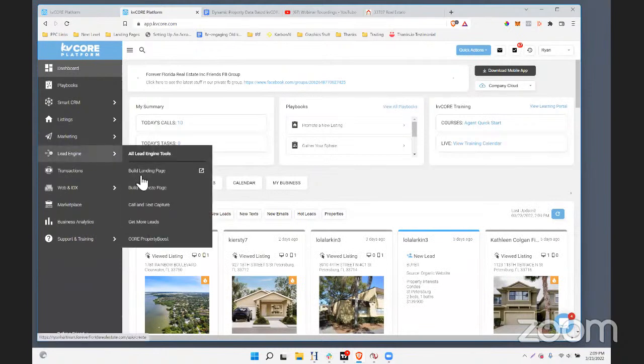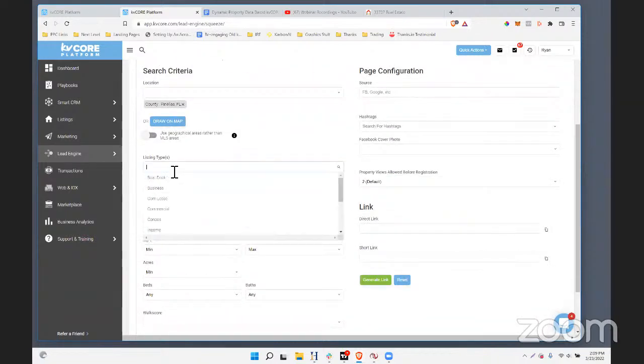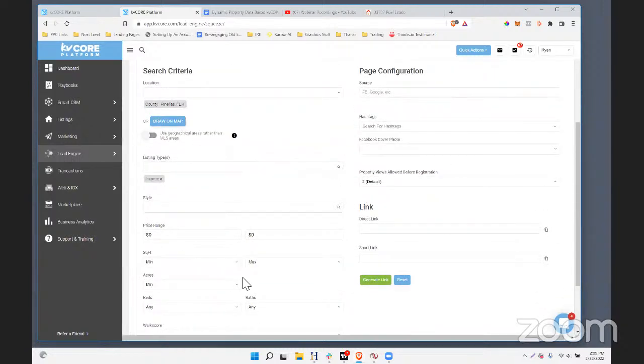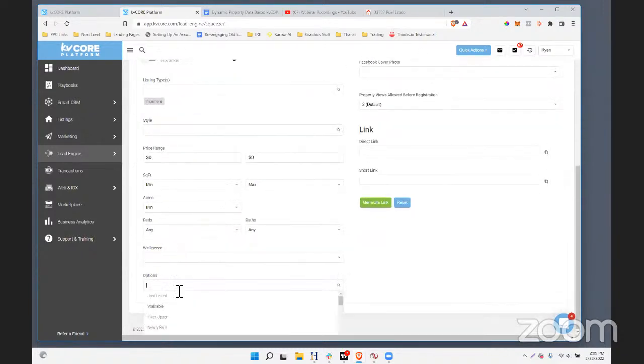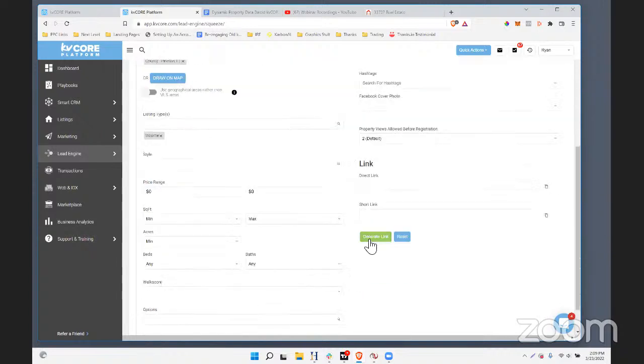Because what you're seeing me do here is I got to go back and build that income properties list, right? So I'm going to lead engine, I'm going to build squeeze page, and then I'll go Pinellas County, Pinellas, Florida, and then listing type will be income, right? And then that's all I really need. And as you see me do this, just know that pretty much any way you can slice and dice your IDX, that becomes an interesting list, right? So you can kind of get inspiration by just looking at the different listing types, looking at the different options down here to come up with interesting lists. Of course, you can also segment by square footage, acreage, beds, baths, price range, everything else. So now I'll just generate the link,